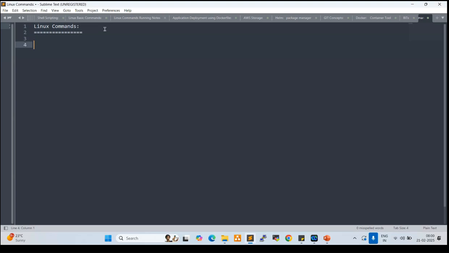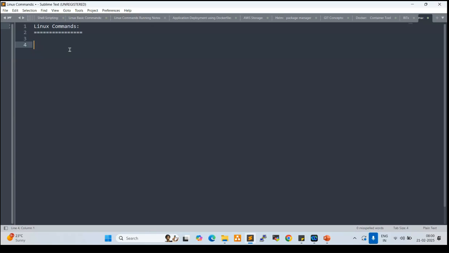So, Linux commands. For example, if you want to check the time and date, just give date.